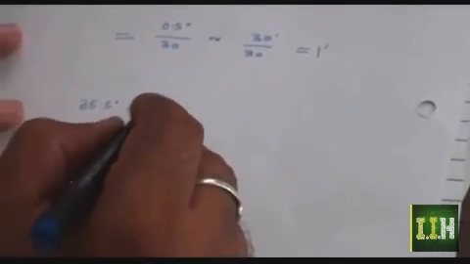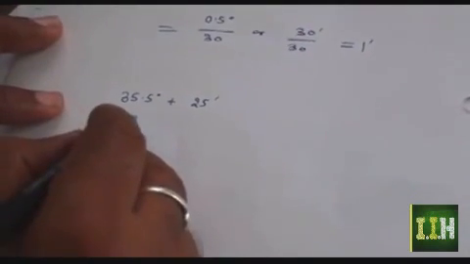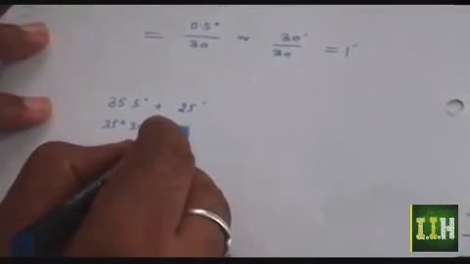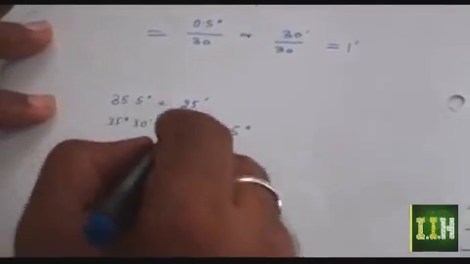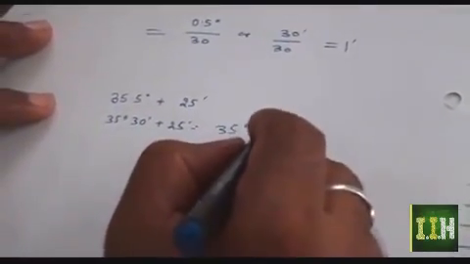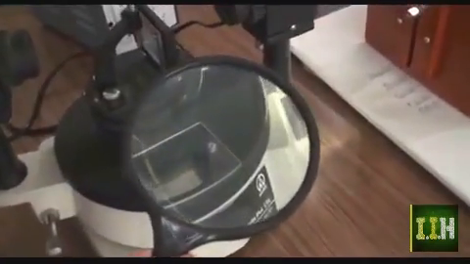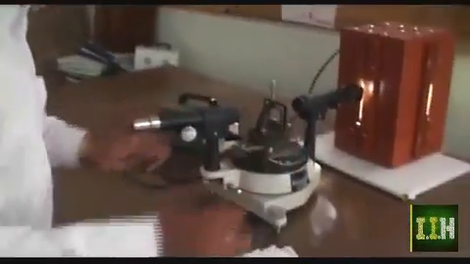So it is 25 minute, and this is 5 minute, that means it's 35 degree and 30 minute and plus 25 minute. So the recorded value is 35 degree and 55 minute. We can see this value by using the hand lens clearly. We can enlarge this lens, and so we can see the minute detail of the scale clearly. So what we have done here, we can do on both sides,